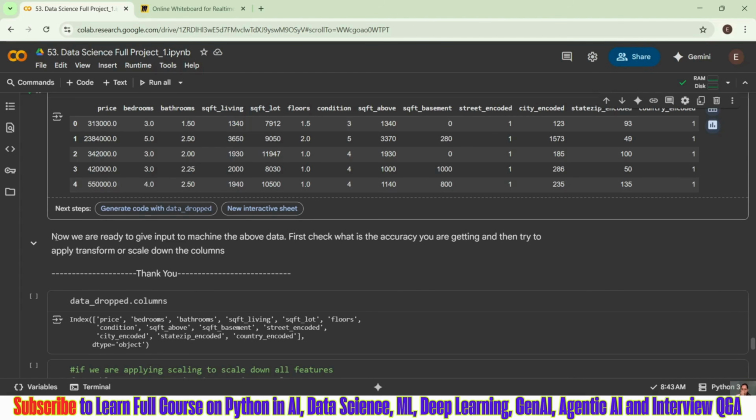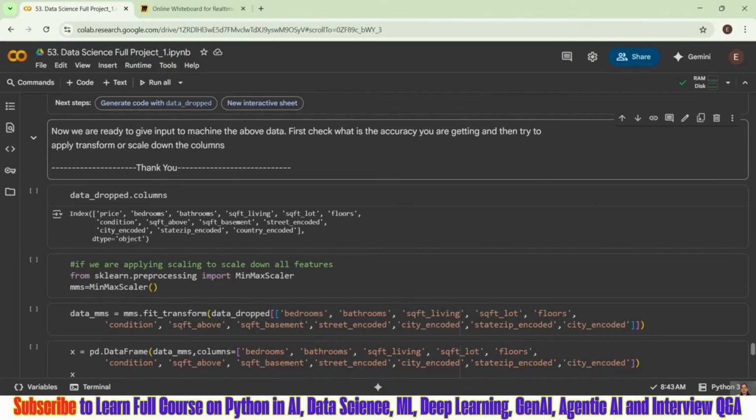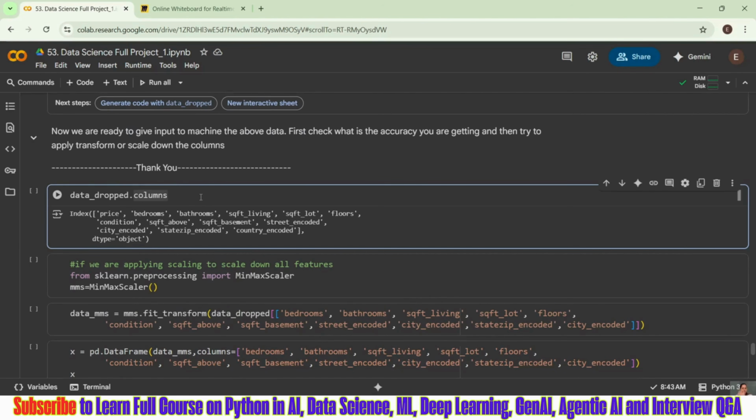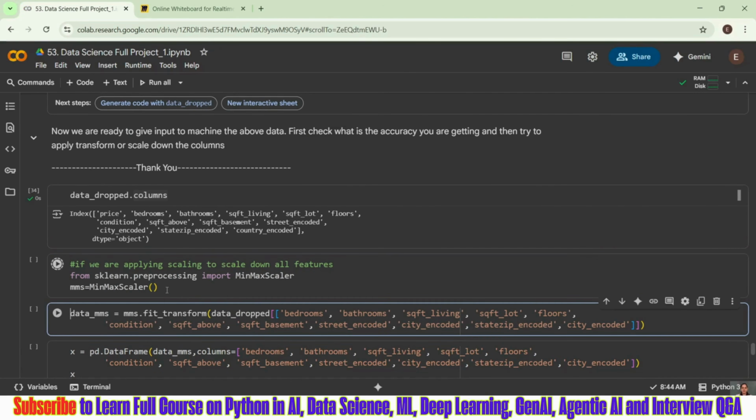So here I have written the same line that either you can give input to the machine directly, or you can first check the accuracy by giving it a try. Then after that, you can apply transform. And the next step, what I did, I am applying my transform. So I am getting all my columns here, right? Then after that, I am applying my min max scaler, fit and transform I am doing.